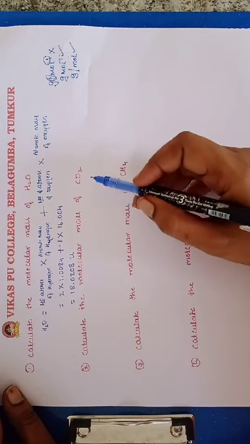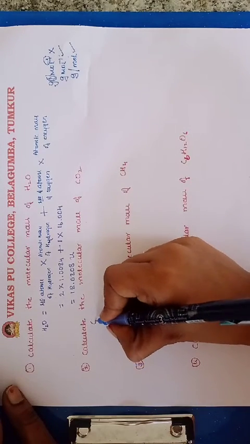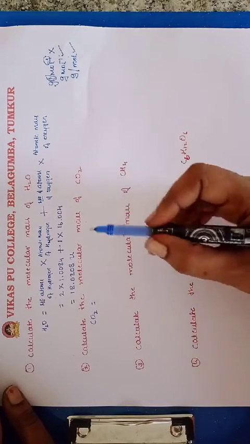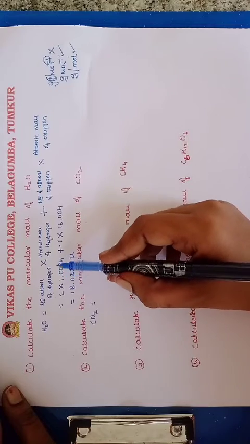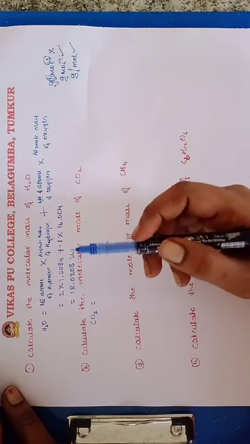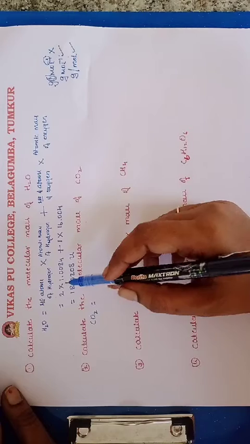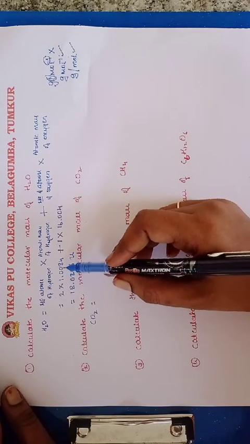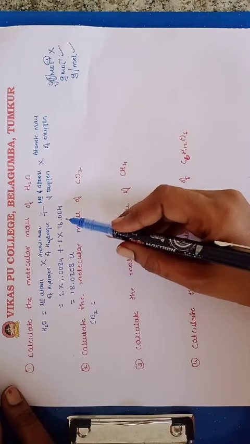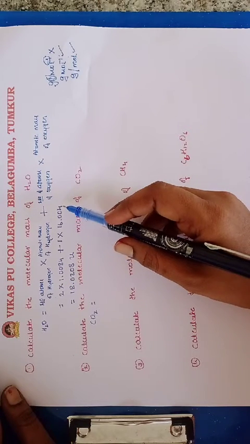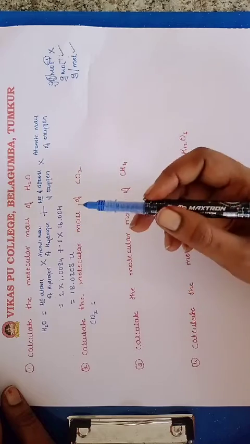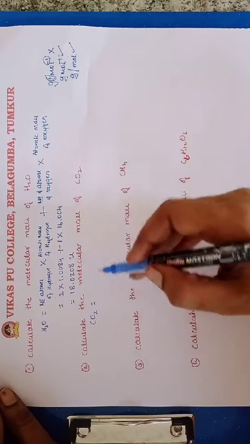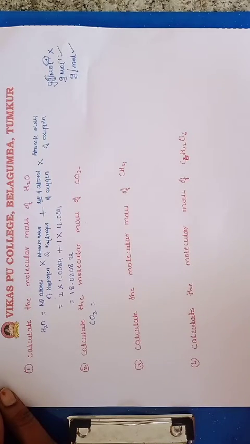Like this only, for carbon dioxide also we can calculate. One thing to remember: if there are some values after the decimal point and you want to neglect them, you can, no problem. ಇದನ್ನು ಬೇಕಾದರೆ ನೆಗ್ಲೆಕ್ಟ್ ಮಾಡ್ಕೋಬೋದು. ಇದ್ರ ಬದಲು 1 ಅಂತಲೇ ಬರ್ಕೋಬೋದು. ಇದು ಅಷ್ಟೇ 16.004 ಇದೆಯಲ್ವಾ, ಅದ್ರ ಬದಲು ನೀವು 16 ಅಂತಲೇ ಬರ್ಕೋಬೋದು. There is no problem. Okay, this is about the calculation of molecular mass of water.